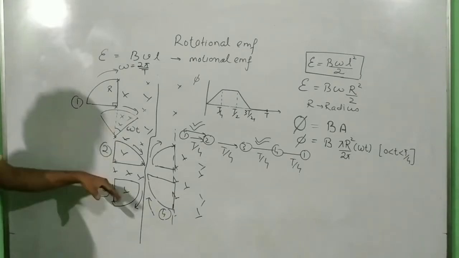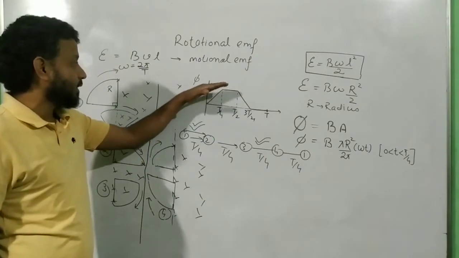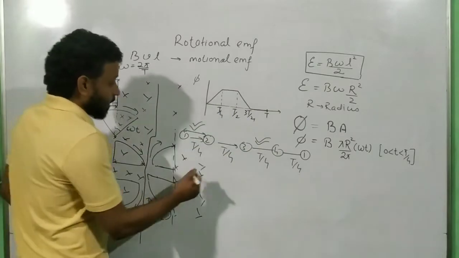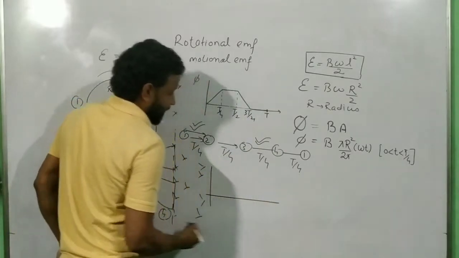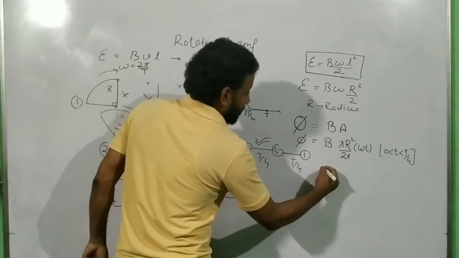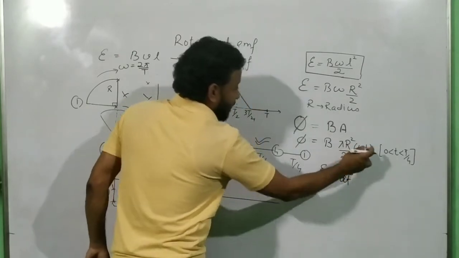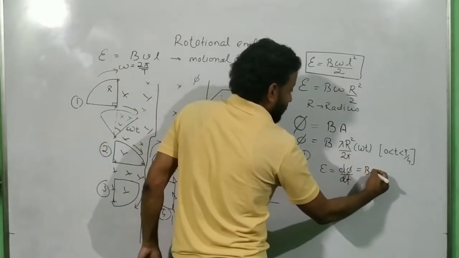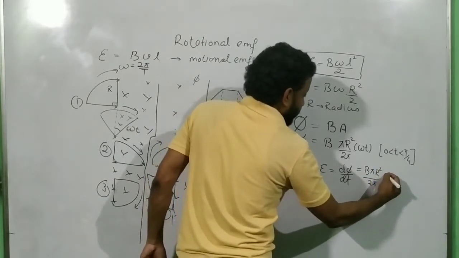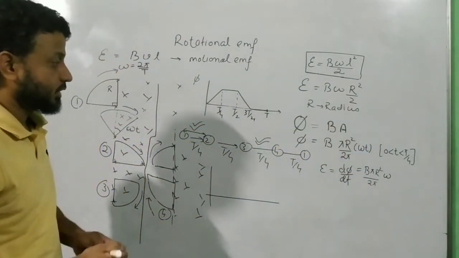So from here to here, we have got the function of flux. Flux increases in the beginning, then becomes constant, and that is the maximum. How does the EMF graph look like now for the same situation? If I consider that the flux is changing over here, how will I find the EMF? EMF is equal to d phi by dt. If I want to take the mod and differentiate this, what will I get? I will get B pi r square divided by 2 pi into omega. So t will go out because of differentiation.